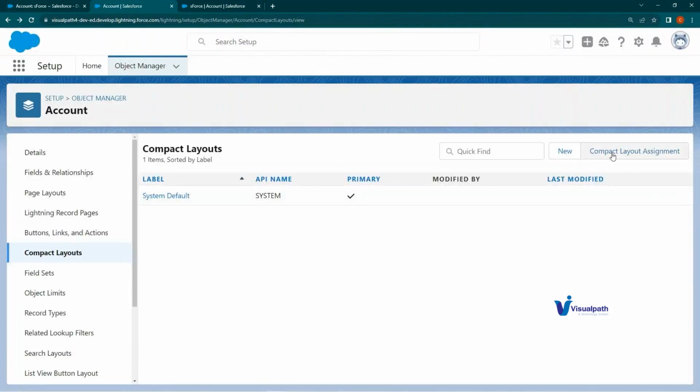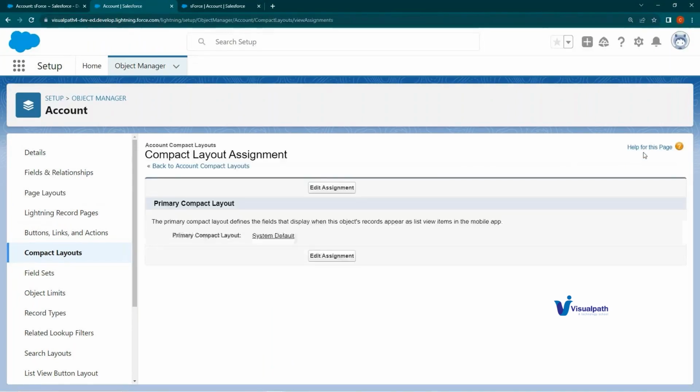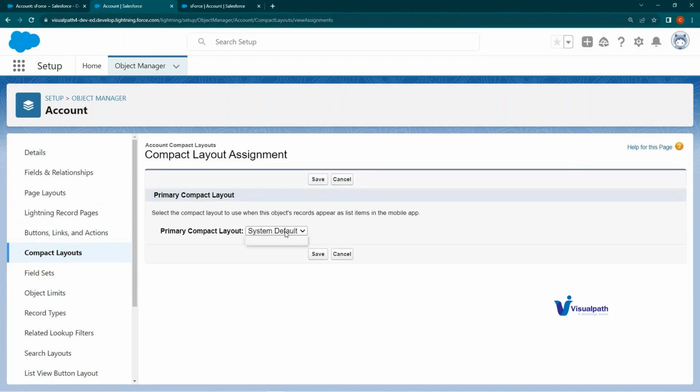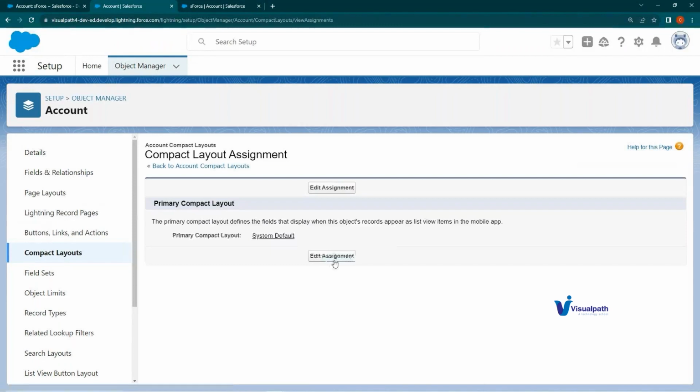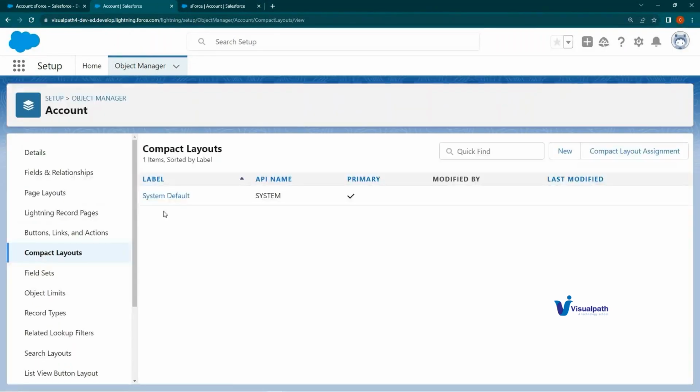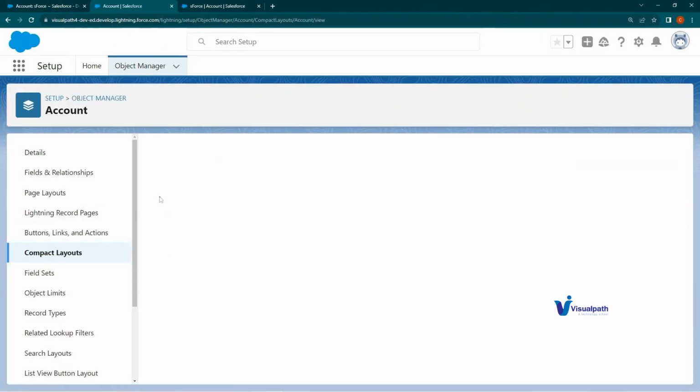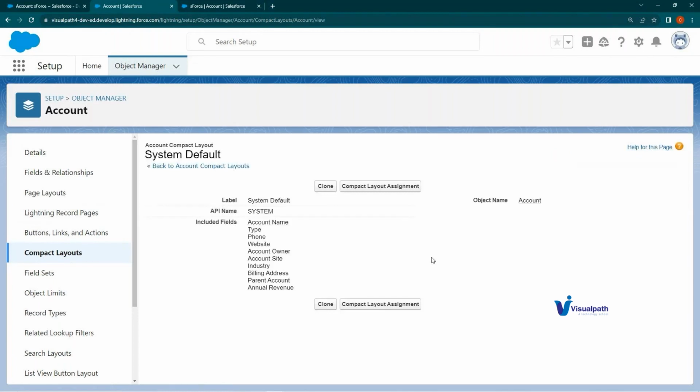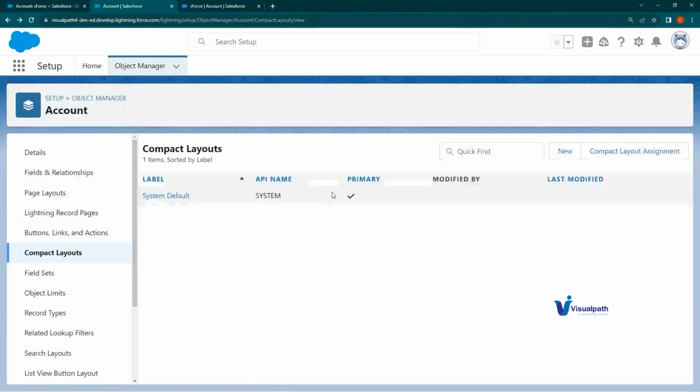So compact layout assignment. If you click on this right now, click on edit assignment. There is only one, right? System default. And if you go to system default, the one which we have now, if you click on this, you don't have the option to edit it, right? Whatever the system default you have, you don't have the option to edit the fields. So what we have to do, either we can clone it out. Clone means all the details, whatever the fields are there, you will just clone it out. Otherwise, you click on new button